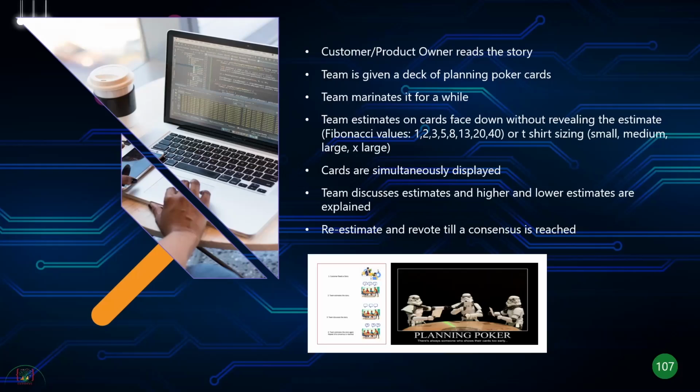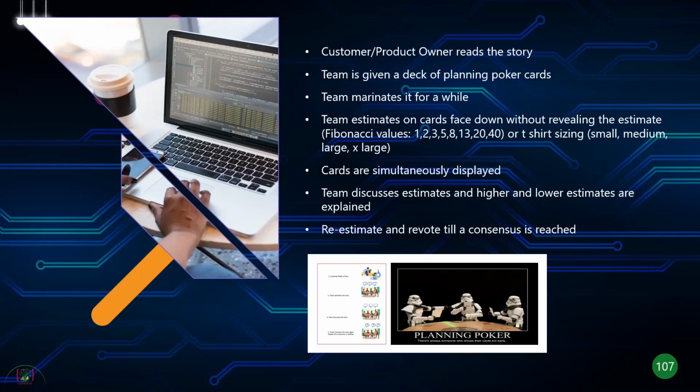And then, once the team has estimated the value of the story, all of the cards are simultaneously displayed by all of the team members, right? And the team will then discuss the estimates, why they felt the user story was a size 2, why they felt this user story was a size 3, 5, and so on. Now, what we're trying to look for is a consensus, right? If there are some team members who have provided a very low estimate or very high estimate, we are interested in that. We want to know why they have provided a low estimate, right?